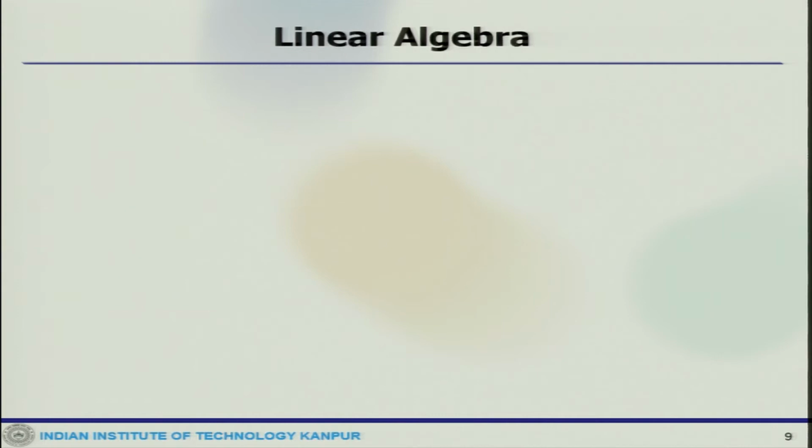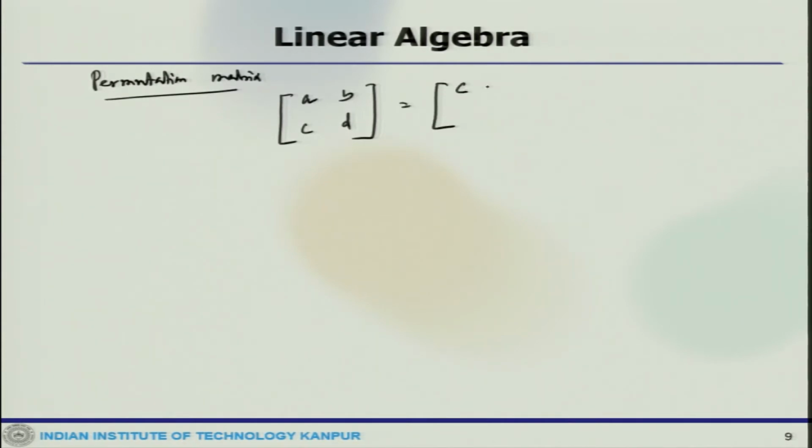Now the other matrix which will come on the way is the permutation matrix. Okay. So, what is the permutation matrix? Let us say we have A, B, C, D. It can be multiplied with the permutation matrix so that we will get C, D, A, B. Let us multiply it with another 2 by 2 system, which could be 0 1 1 0. So, this is called the